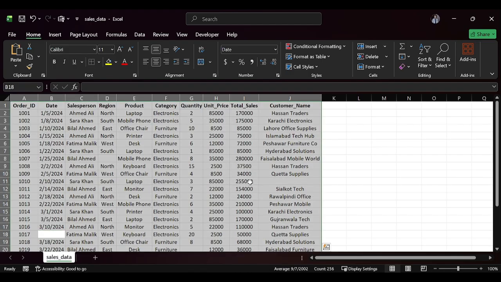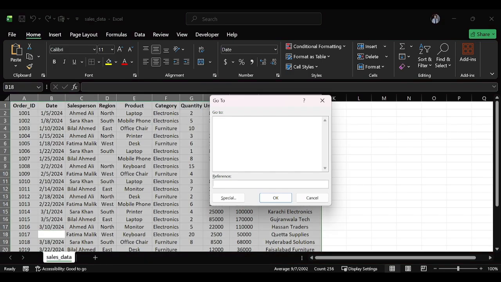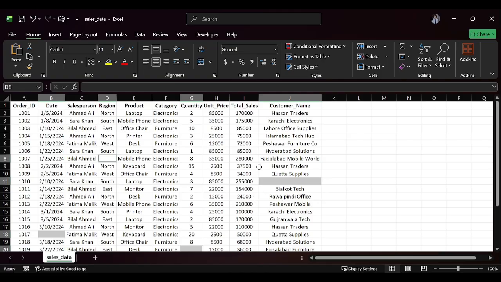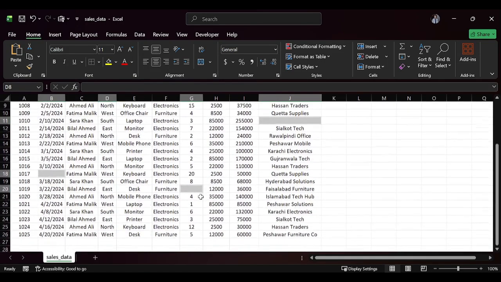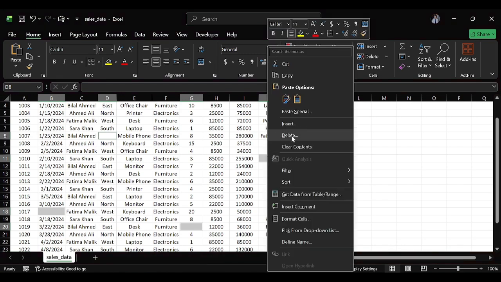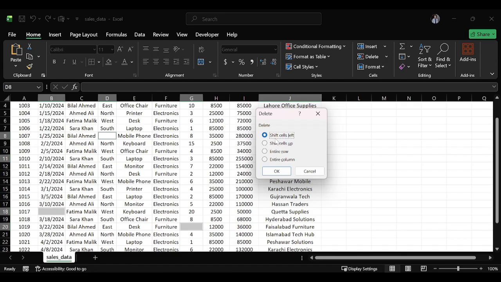First you need to select your data set, then press Control G, and here you will see this pop-up. Go to Special, select Blanks, click OK, and it will select all the null values. Here you can see, we just need to right click on this selection and click on the Delete button. It will ask whether you want to shift the cells left, shift cells up, or delete the entire row or entire column. We don't want to remove the columns, we want to remove the entire row,